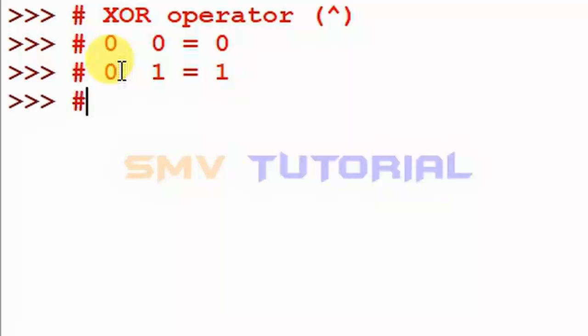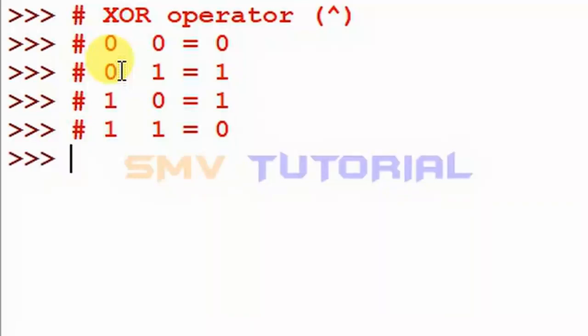Next, 1 and 0 is equal to 1. And the final condition, 1 and 1 is equal to 0. These are the 4 conditions in the XOR operator.